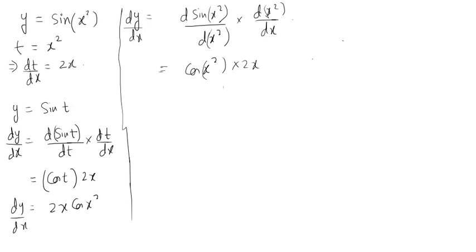Now let us discuss some more complicated functions. For example, y is equal to e to the power sine of x square. Let us differentiate this function, y is equal to e to the power sine of x square. So dy by dx we have to find. Now, because we have already done x square, let us make it sine of x cube.